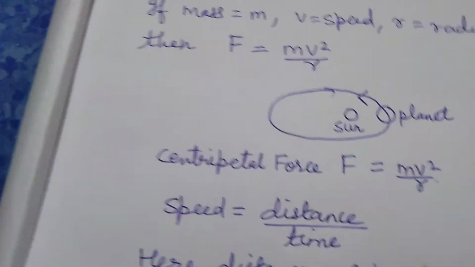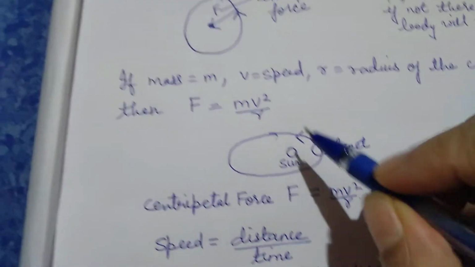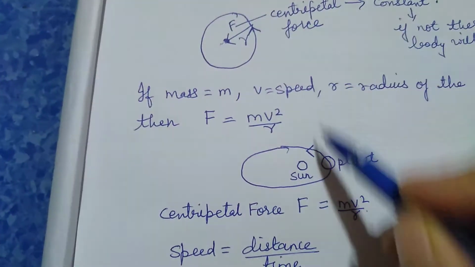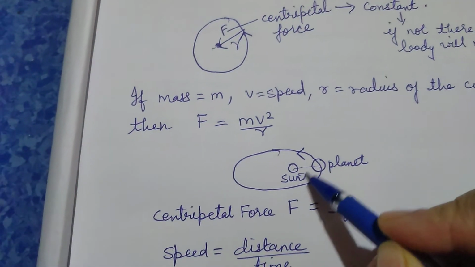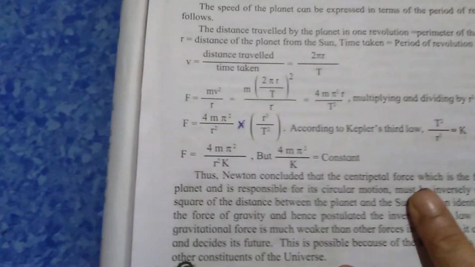For example, now look over here. When we take the radius, here we take the radius. Now this is the radius. So this is the distance between the two. Here also this is the r, that is the distance between the two. So f is inversely proportional to the square of this distance.